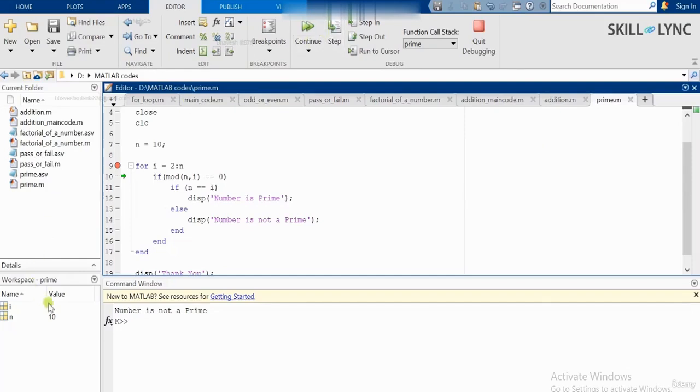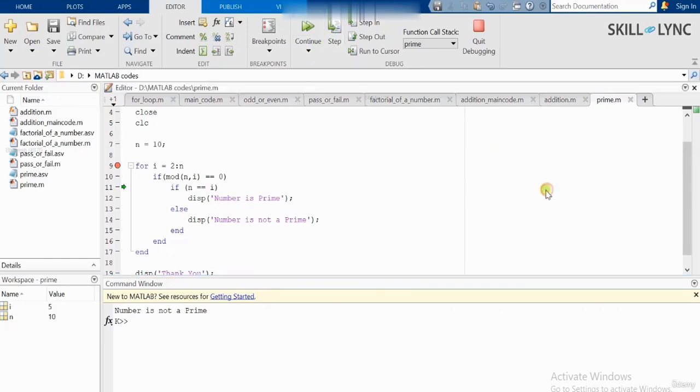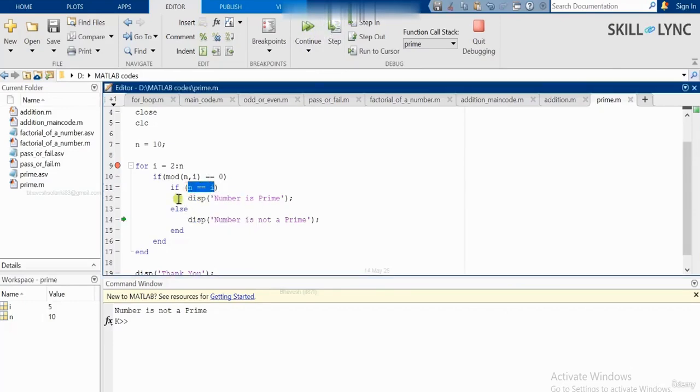So now you can see that the value of I is 5. Clicking on this, running this line. Now the option is going to be true. The control is going to go inside this if branch. And since the condition is false, it directly skipped this part and the control moved into the else block, right? Now it's going to print this again, and this is going to continue until I is equal